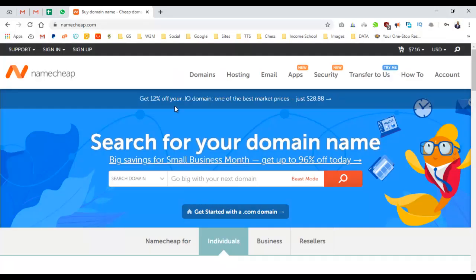Once the website loads, you will find a search box. This is for searching a domain name. You need to first check if your domain name is available or not. So in my case, I want to buy a domain name with my name. So let's try